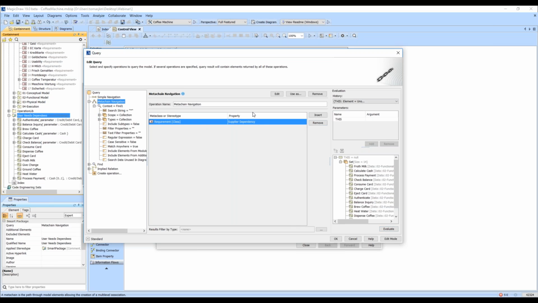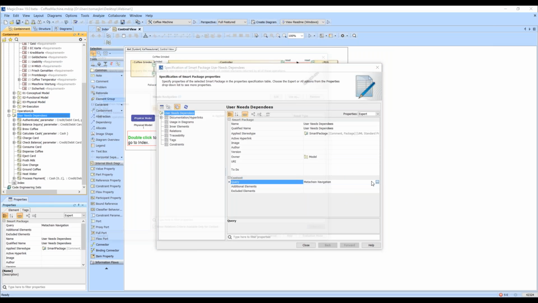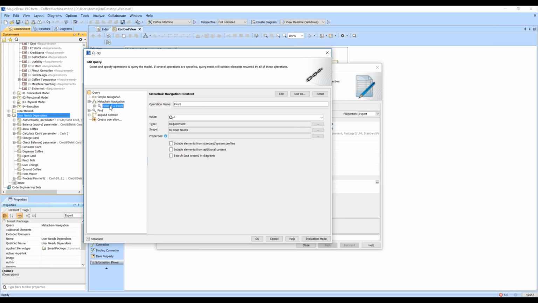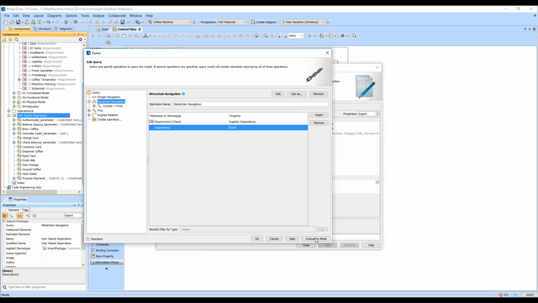This is rather strange. It actually should have made me a list of dependencies in there. So I wanted to show you that you can incrementally build your meta chain step by step. I'm wondering what went wrong in there. Okay, anyways,